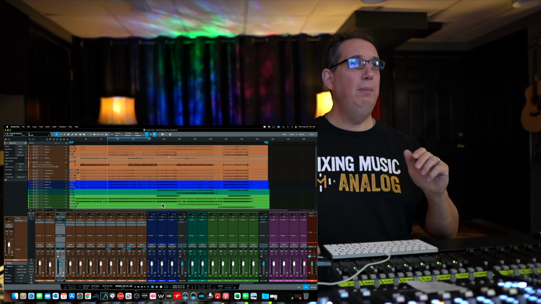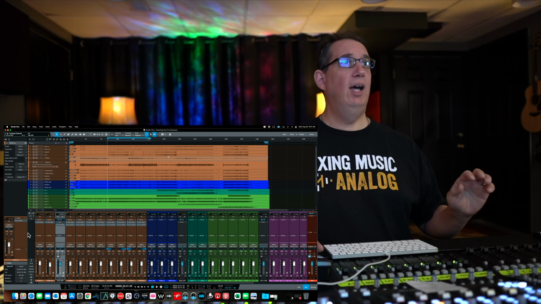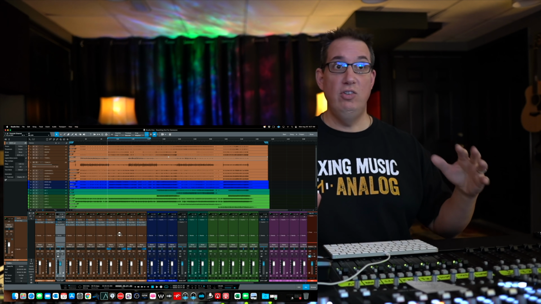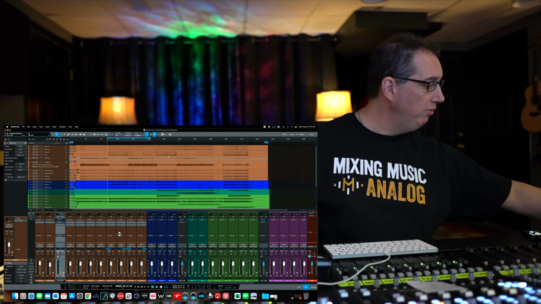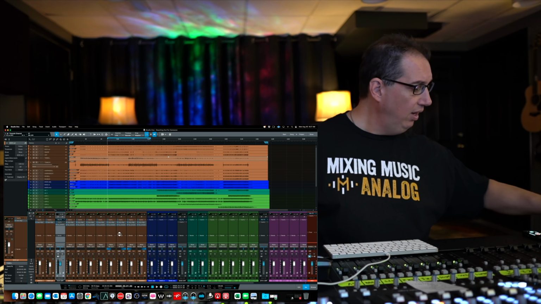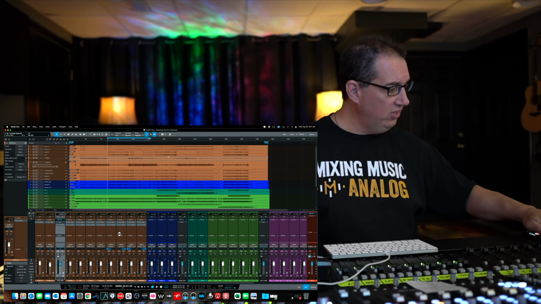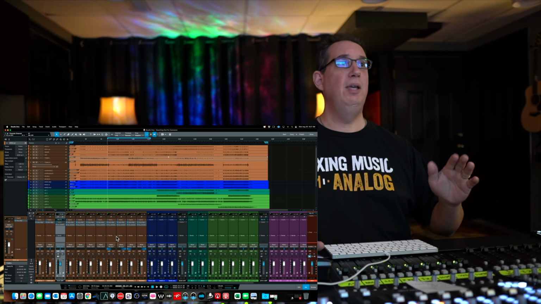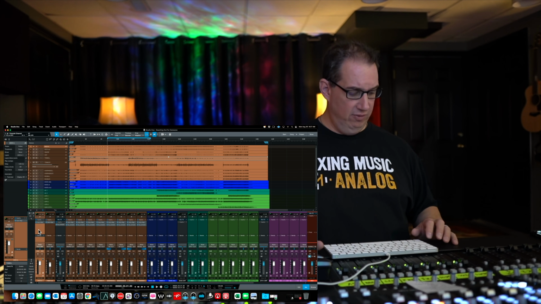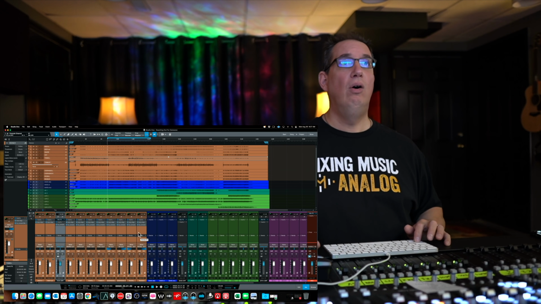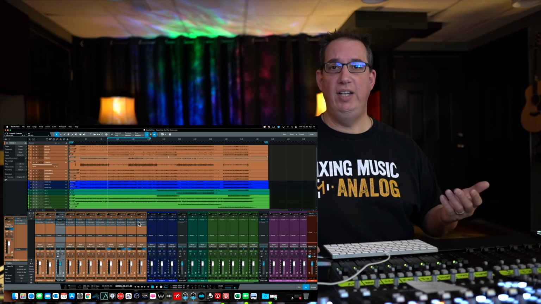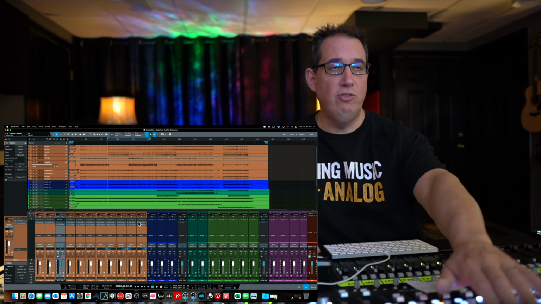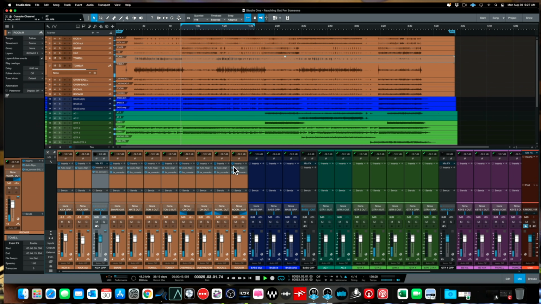So let me just play back for you quickly what Auto Align is doing to the overall sound. I'm just going to push up the faders a little bit here. There's no blend on this yet, obviously. Let me push up these faders, play this back, and let me turn off all of the Auto Align plugins here so you can hear what it does. So here is what we have so far, which is throwing up the faders.